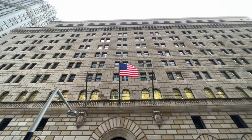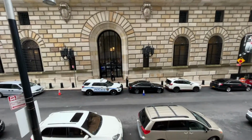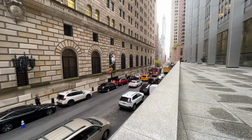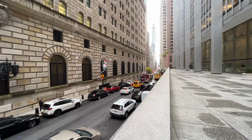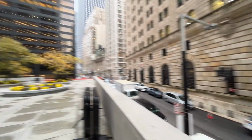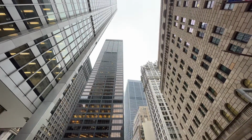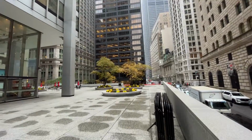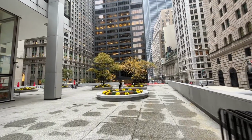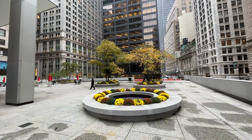And this is where I think the majority of the world's gold is stored. I believe 2 or 3 stories below the ground in this building, the majority of the world's gold reserves are stored there. But anyway, to sort of piggyback off of what I was saying, it is quite beautiful down here because the buildings are quite tall, so it sort of feels like you're in a little bit of a maze. But over the years, a lot of the big banks have migrated uptown into Midtown Manhattan, near Park Avenue,